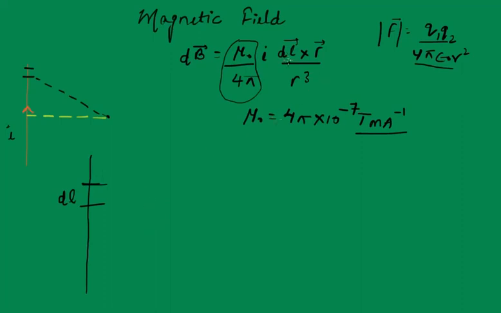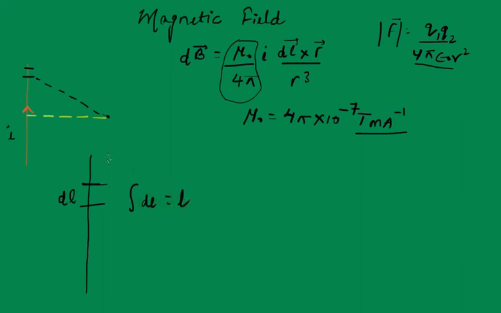So this dl is one section of the wire which is used to initially calculate the magnetic field, and then the magnetic field which gets calculated is extended over the entire wire. So this dl is just an element or a section of the wire which is carrying current, right? So if you integrate it over the entire wire, this integration of dl will be L, right?